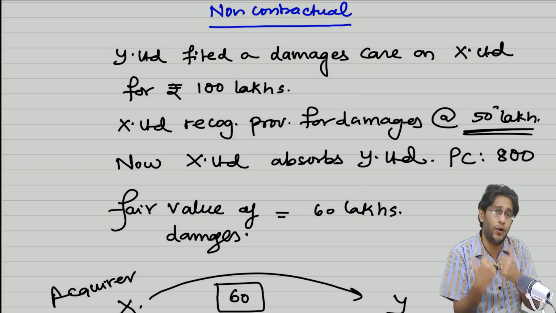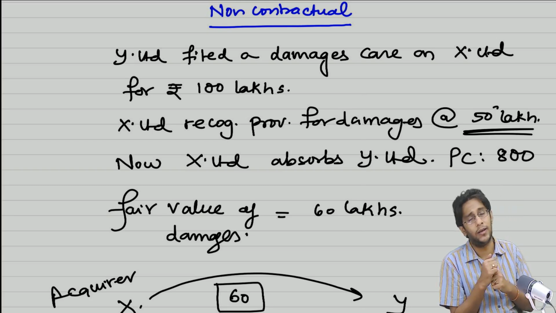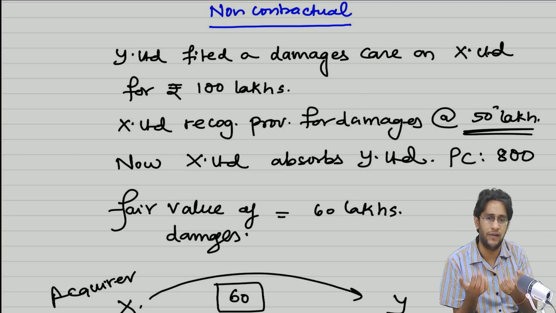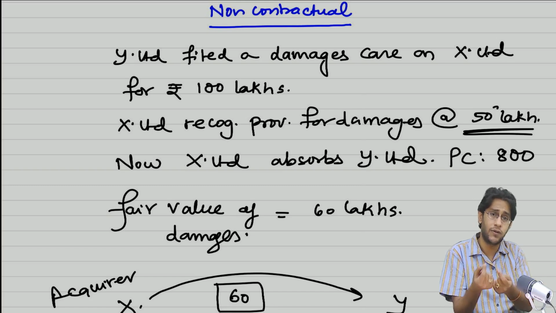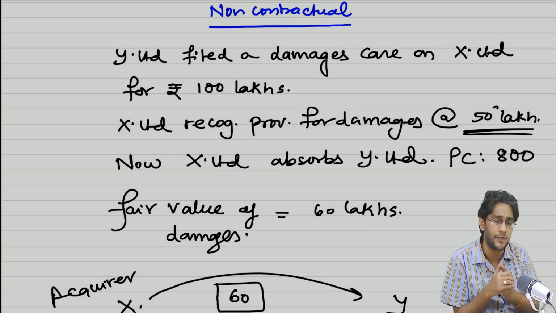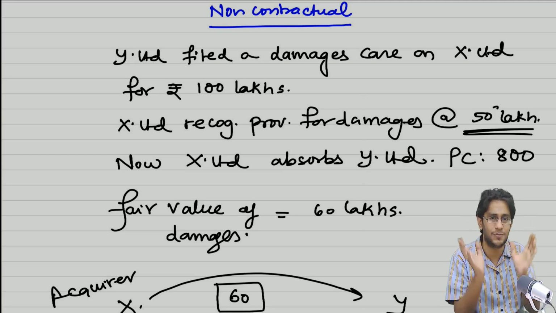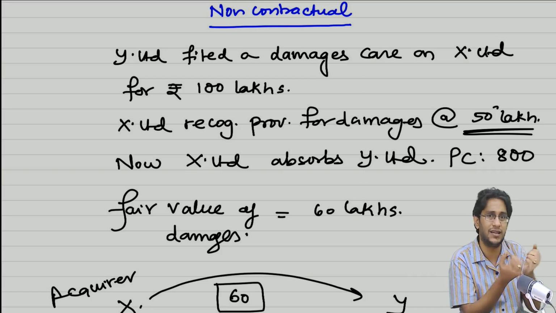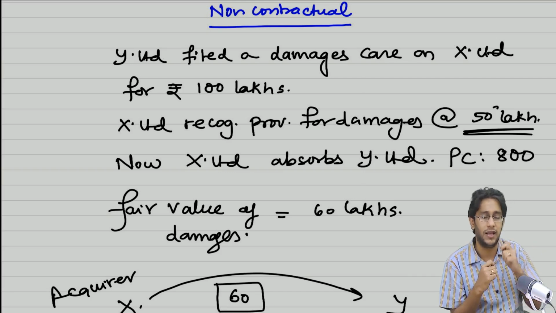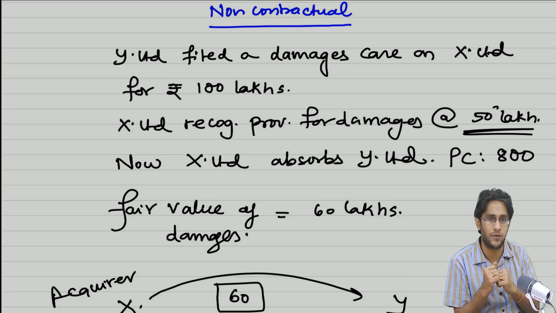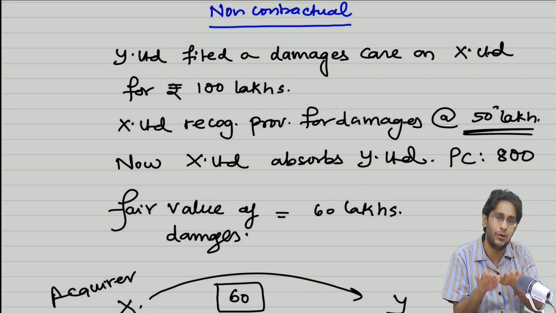X Limited is trying to buy out Y Limited. So how X Limited will think: I filed a case on this fellow, the matter is pending in court. Now I'm trying to take over. If I take over, there is no case. So whatever I have to receive from Y Limited, I will not be able to receive. So what X Limited will do, if Y Limited's business value is 1000 lakh and I am seeking 100 lakh damages, X Limited will go and pay PC of only 900 lakh. Because anyway 100 lakhs I have to receive from you, you won't pay me. So now I will pay you less PC.